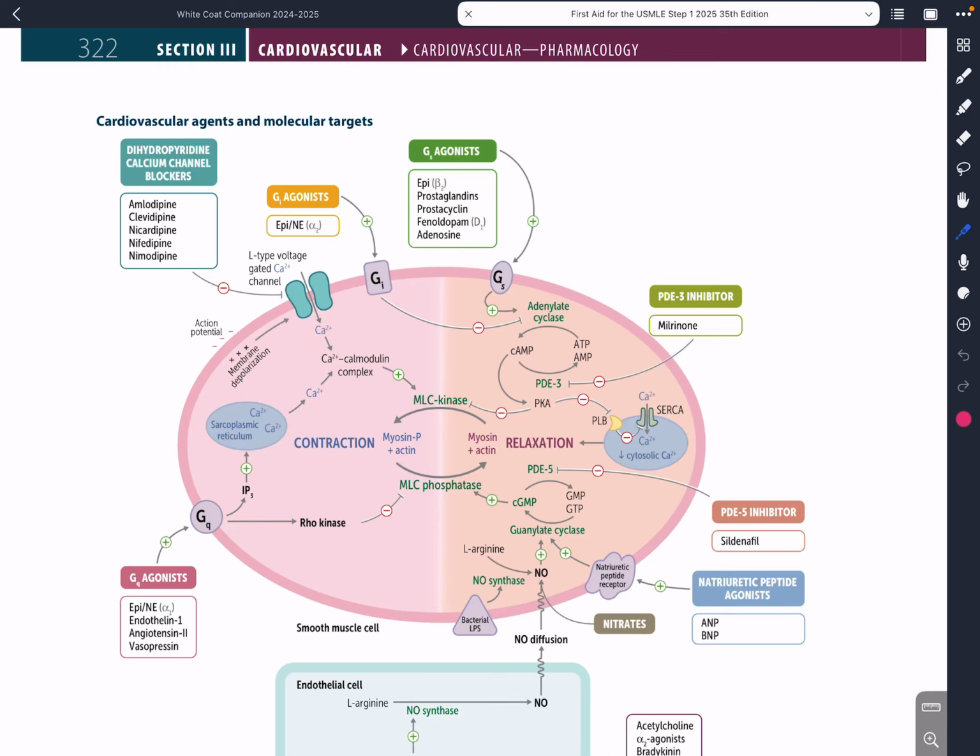Cardiovascular agents and molecular targets. This is cardiovascular pharmacology, First Aid Step 1. Very high yield, extremely high yield for Step 1 through Step 3. Cardiovascular agents are